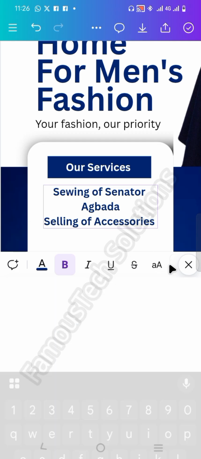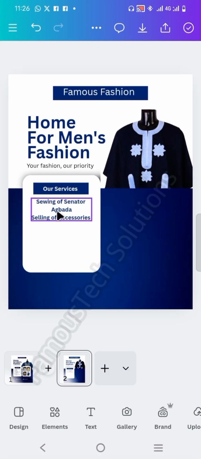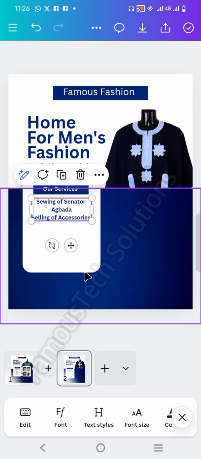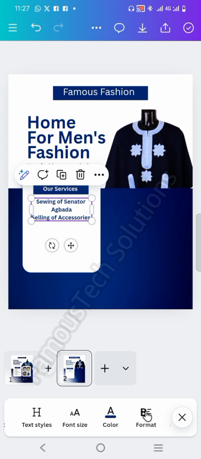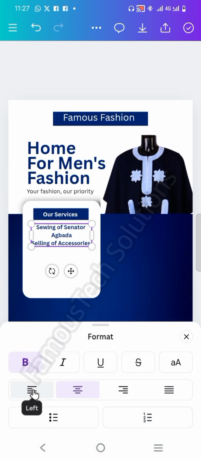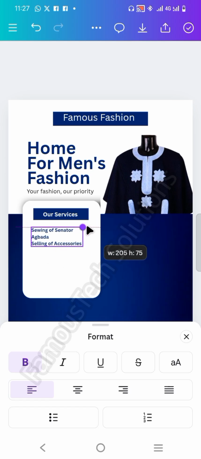So in my own case, because of time, I can just choose to stop here. Now look at the alignment. It's not fine. It's not that even what that young man used. So this should be left alignment. So select your text, select everything there, scroll to the right and select the B format. Then click on this side, left align. Okay, so you can reduce the size of the text a bit, then take it here,